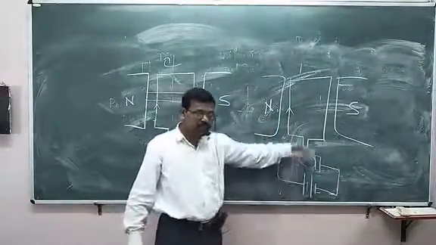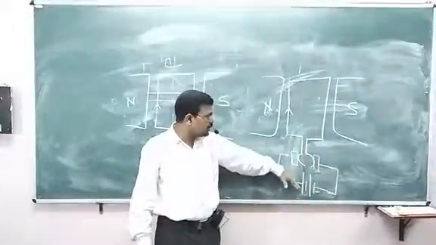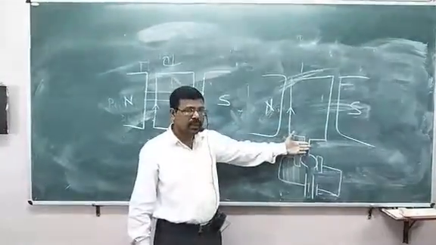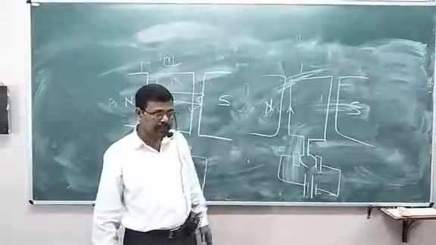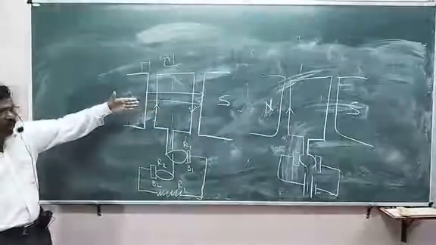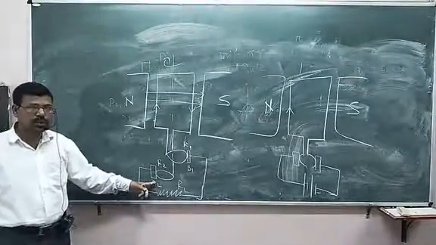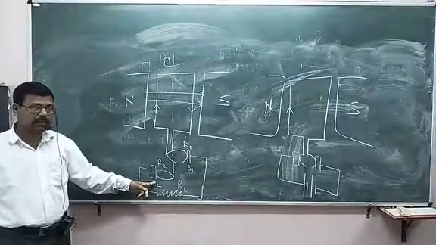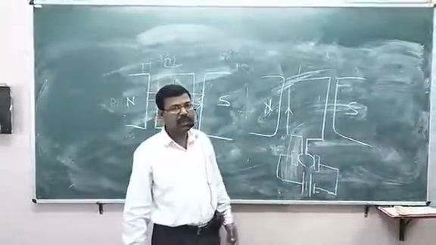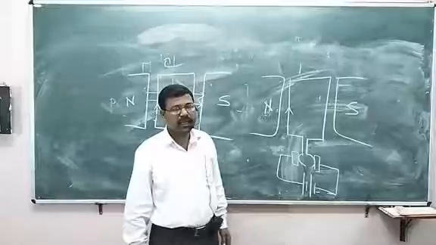Here, DC is supplied, electrical energy is supplied, electrical gets converted into mechanical here, which is connected to an electric fan. Here, it is conversion of electrical to mechanical in DC motor, whereas here, mechanical to electrical. Here slip rings are used to change the direction of induced current. Then commutators are used to maintain the direction of current. So these are a few differences between AC generator and DC motor.